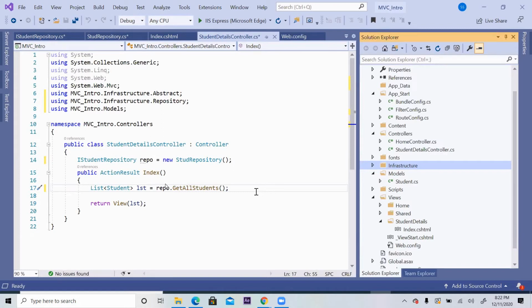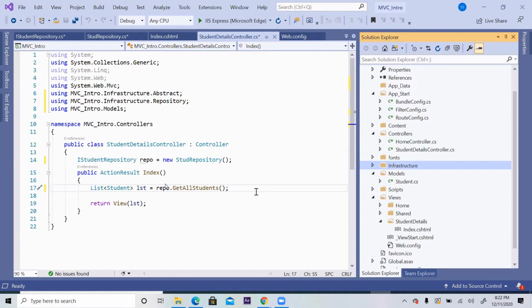This is the naming convention that we usually talk about. So MVC with repository pattern is equivalent to N-tier architecture in web form. Usually we follow that in web form.